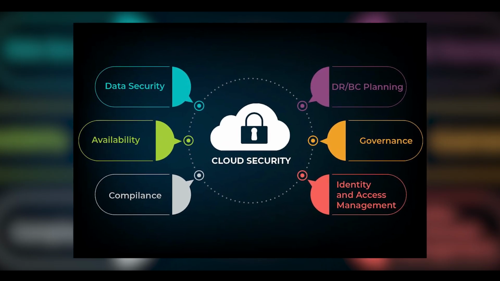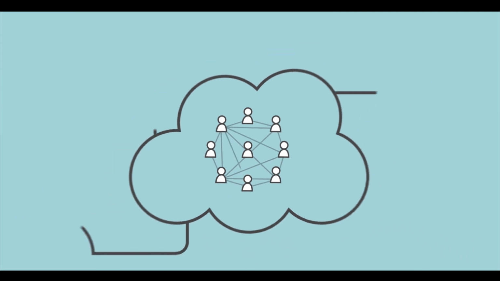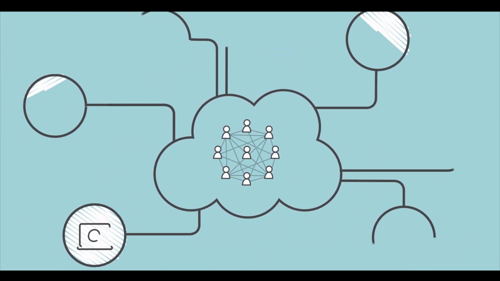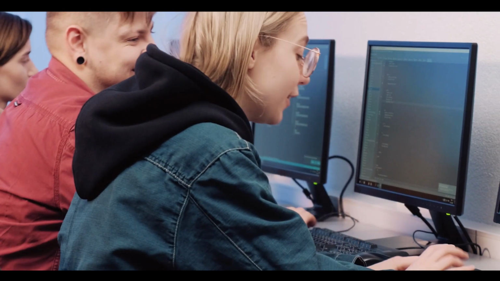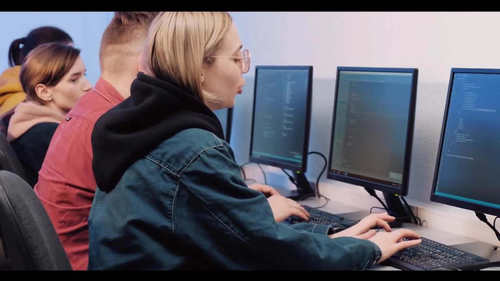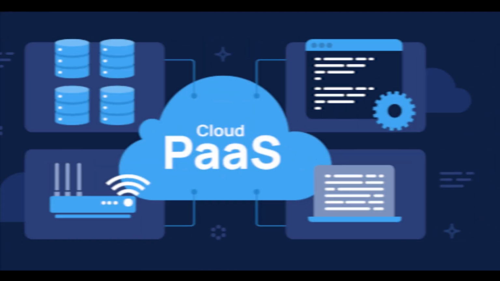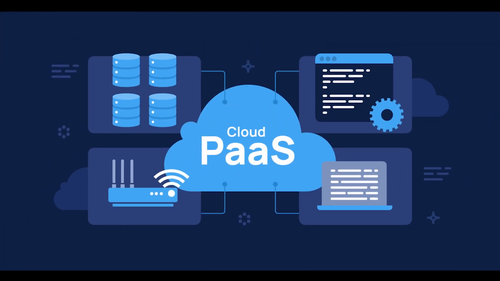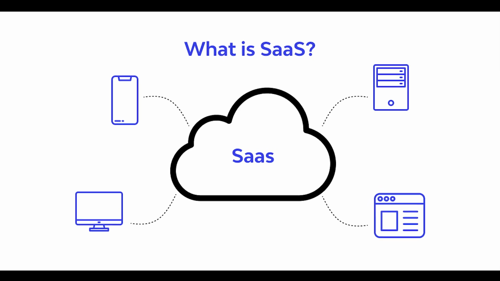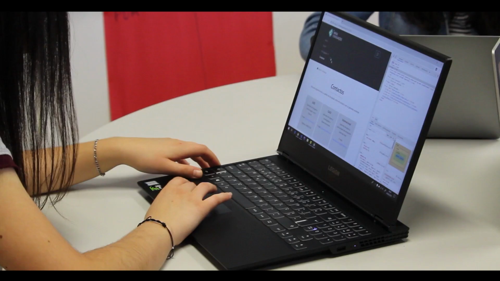Now, cloud security is a shared responsibility. Cloud security is a responsibility that is shared between the cloud provider and the customer. There are basically three categories of responsibilities in the shared responsibility model: responsibilities that are always the provider's, responsibilities that are always the customer's, and responsibilities that vary depending on the service model. Infrastructure as a service, also known as IaaS, platform as a service, also known as PaaS, or software as a service, also known as SaaS, such as cloud email.